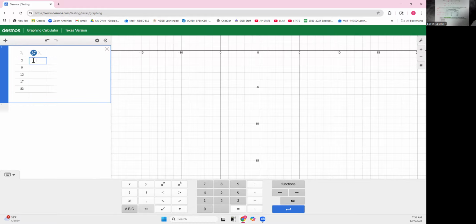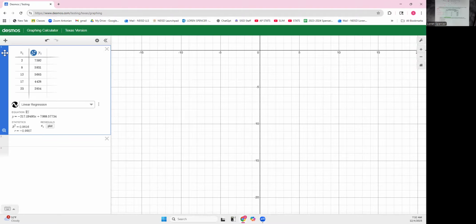And then we have, don't use the comma, 7, 5, 9, 2, and then we use 5, 9, 3, 1, and then we have 5, 6, 8, 3, and then we have 4, 4, 2, 8. And the last one we have is 2854. Okay, once I've done that, I'm going to go to the domino button, and I have a linear equation,